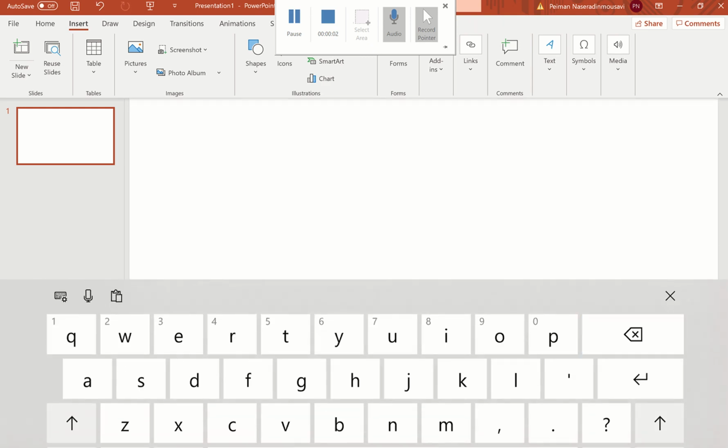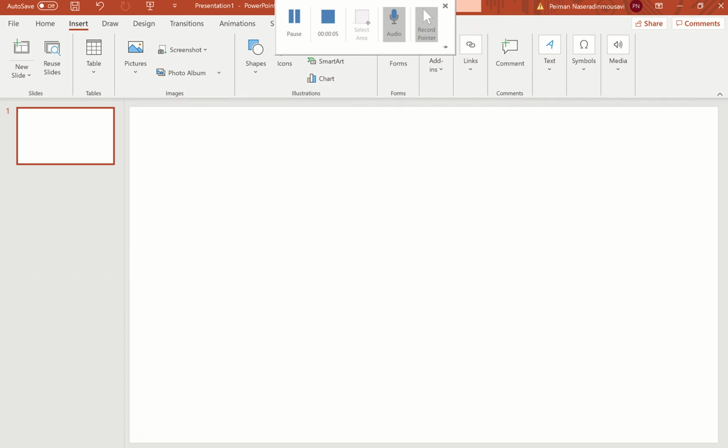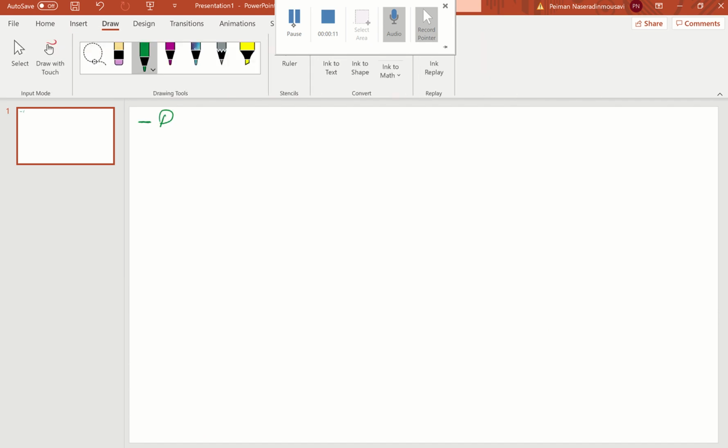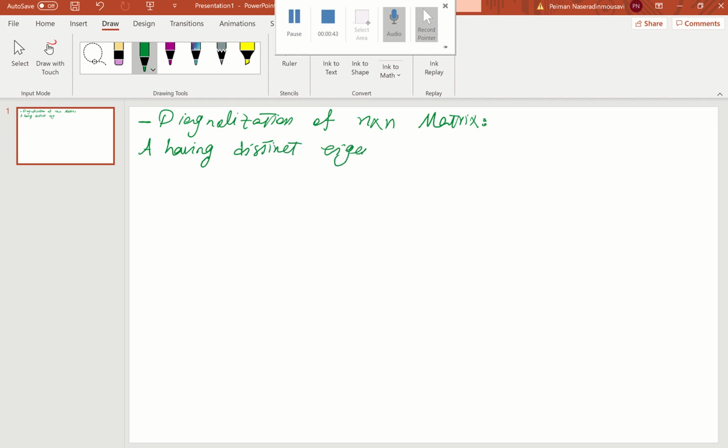Okay guys, so we continue topics in linear system theory, and in the previous class we were talking about the diagonalization of a square matrix, n by n matrix, right? So we said that if we have a matrix A having distinct eigenvalues,